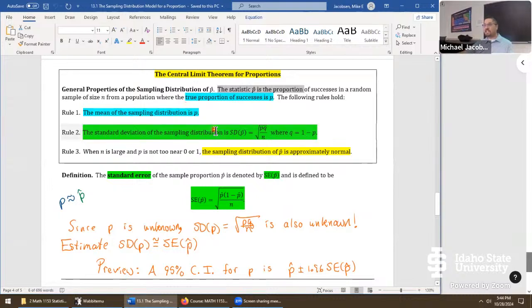So we have a mean, we have a standard deviation, and the most powerful statement of all is right here. Turns out p hat comes from a legitimately normal distribution. Well, it is approximate. So part of our goal in section 13.2 is to say, when is that approximation actually good and when is it bad? So we want a great approximation for accuracy.